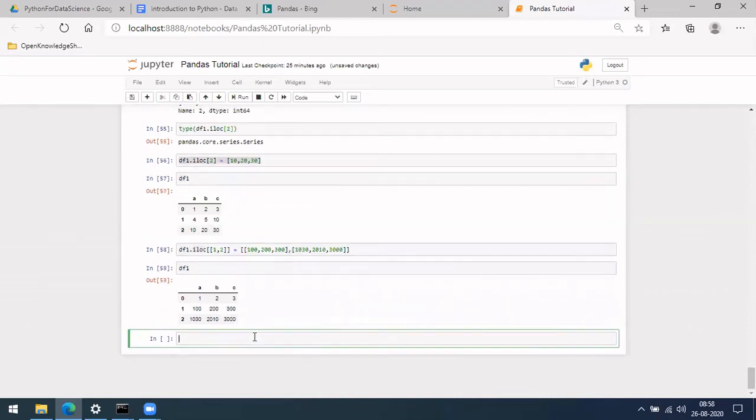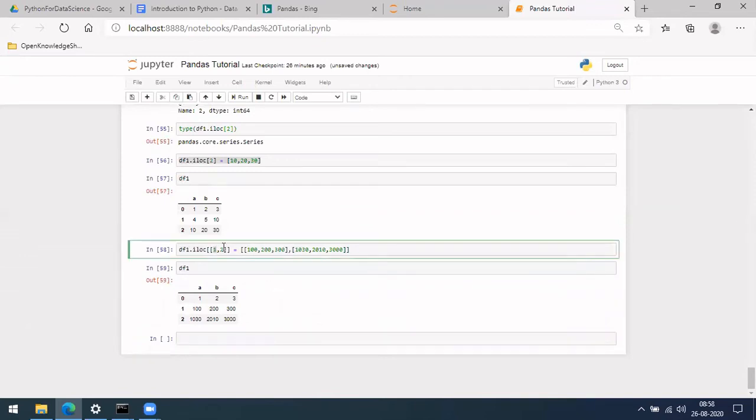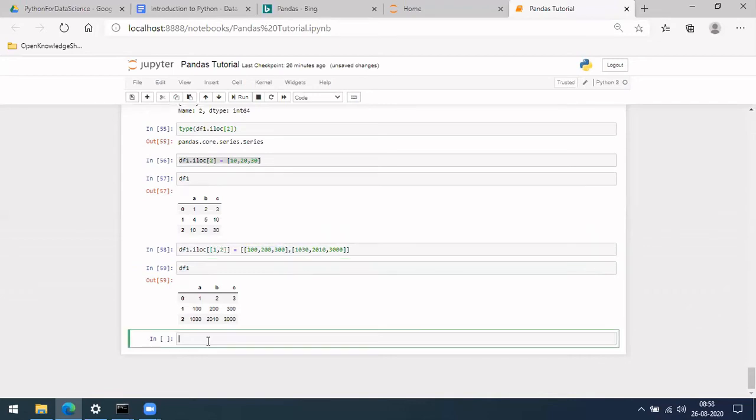So let me do one. See, whatever you give first here went into the first row, and whatever you give second went into the second row. Similarly, whichever rows you want to manipulate, you can do it this way. Okay, so this is one thing.